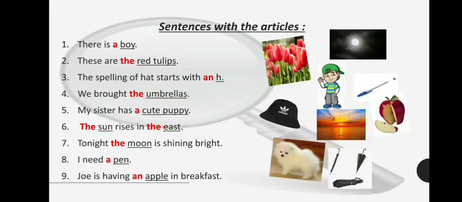Now, giving you some time, let us see your observation. How would you distinguish between the articles on the basis of what is common and what is different? As you can see, in each and every example the article is marked red. Also, all the nouns for which the articles have been used are underlined. So on that basis, I would like you to stop the video here, identify and distinguish between the three articles a, an, and the by yourself, and make a small chart.